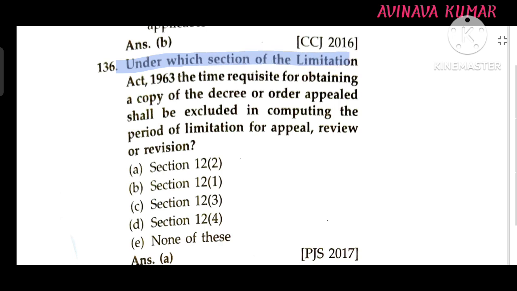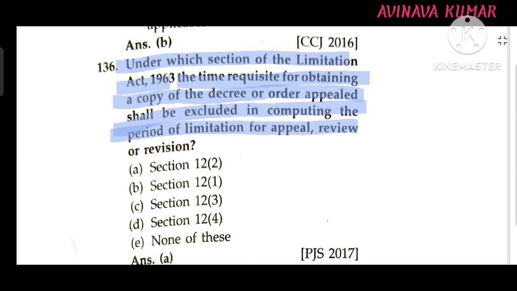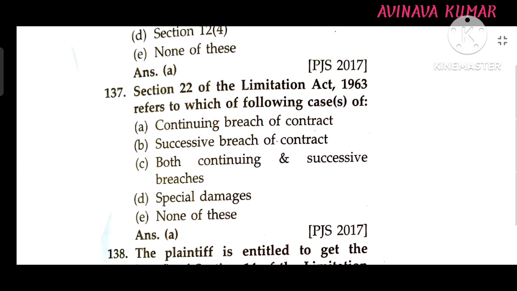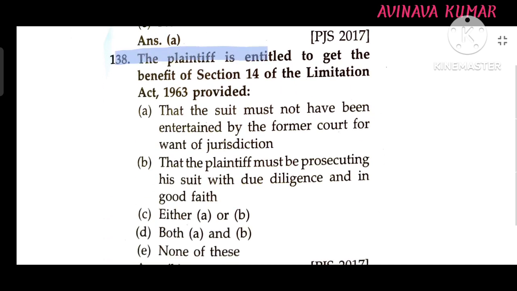Under which section of the Limitation Act is the time requisite for obtaining a copy of the decree or order appealed from excluded in computing the period of limitation for appeal, review or revision? Section 12, sub-clause 2. Section 22 of the Limitation Act 1963 refers to which one of the following cases: continuing breach of contract. The plaintiff is entitled to get the benefit of Section 14 of the Limitation Act, as provided in